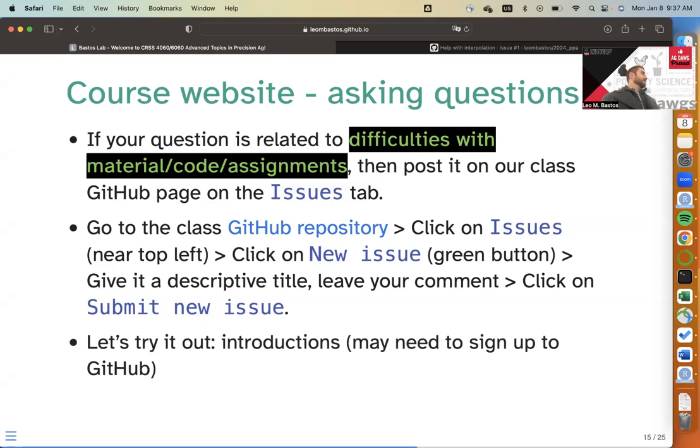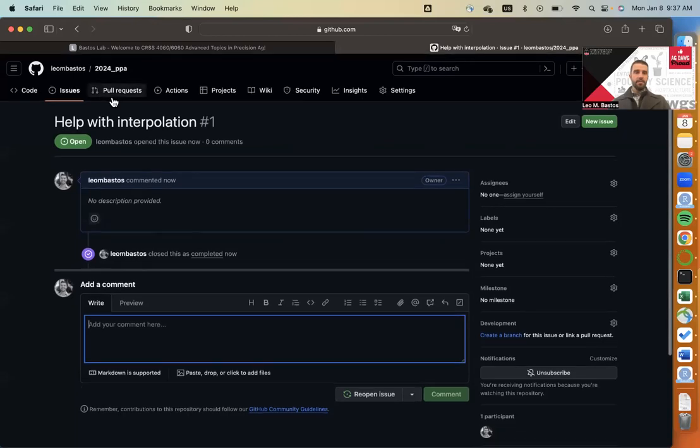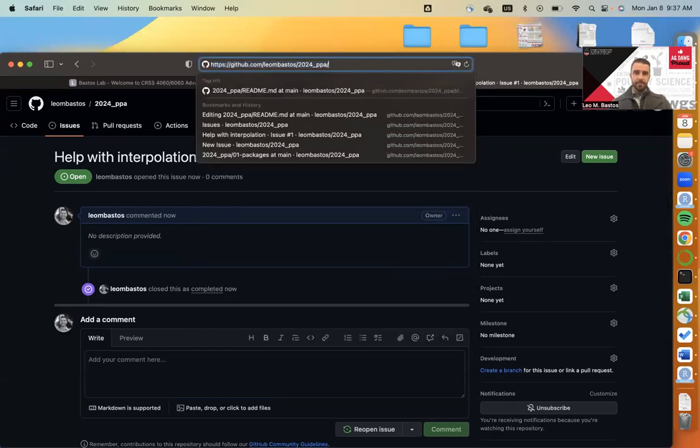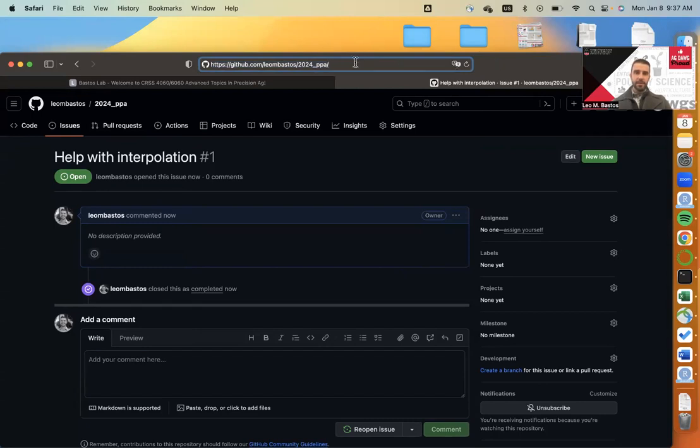So let's actually try it out. What I want to do is come here to the GitHub repo. If you're here in Athens, this is the address that you would go through. It's github.com/LeoMBastos. That's my page. And within my page, there is the repository of this class, which is 2024_PPA. That stands for Programming Precision Ag. If you want to go there, I want to open an issue here